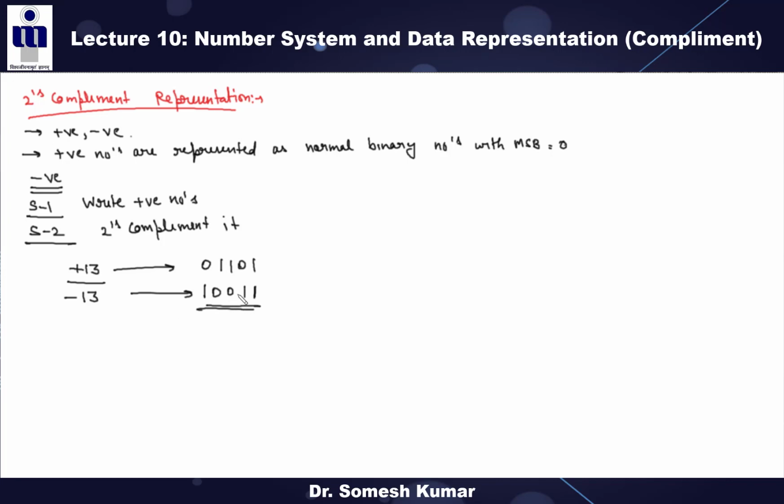If it is asked in the exam that this number is represented in the 2's complement form, what is the equivalent decimal number? So minus 3 is the right answer, because 1 means this is negative. Again, take the 2's complement to find the exact decimal number, right? So 0, 1, 0, and then add 1, so it is 0, 1, 1, so it is 3.